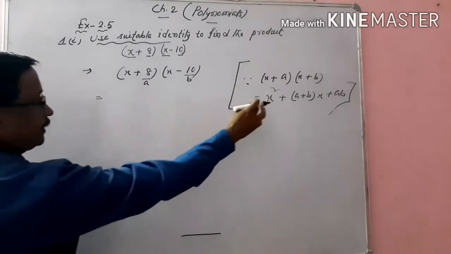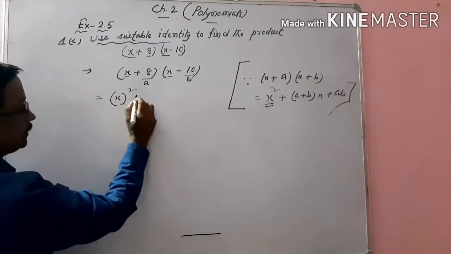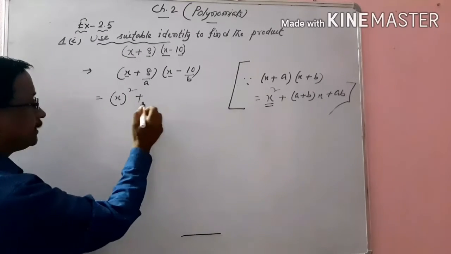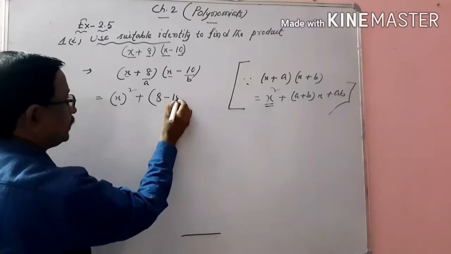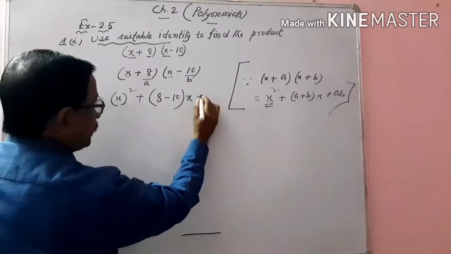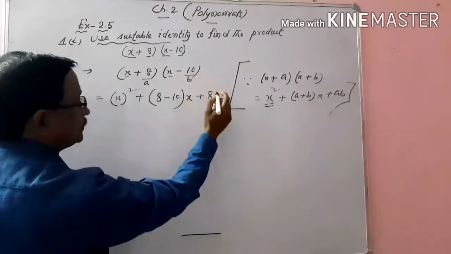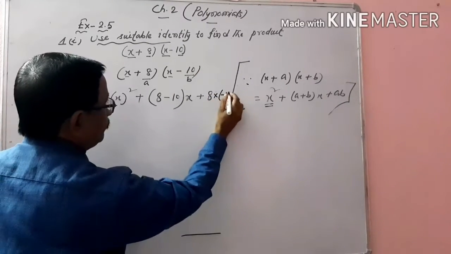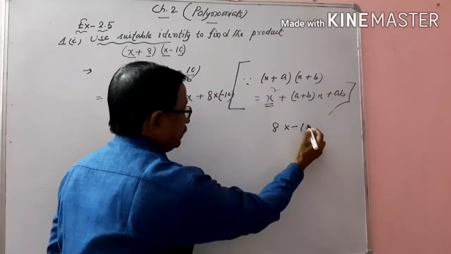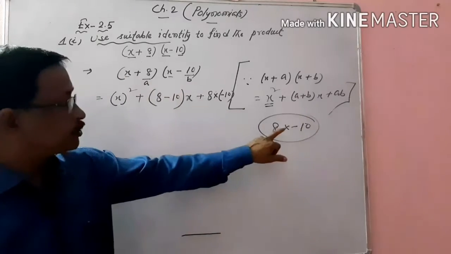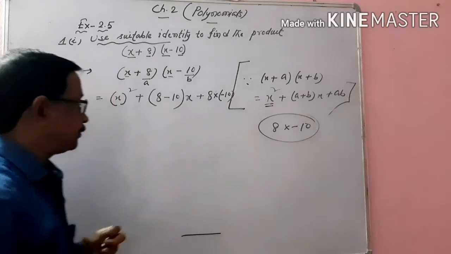By using the identity, first you write x square. Then plus, as plus is there in the identity, and A means plus 8 and B means minus 10. Accordingly you put it. And x is there, plus A into B. Now what do you write? A means 8, and once the minus sign is there, you must use a bracket: 8 into bracket minus 10. You never write 8 into minus 10 this way, because two symbols you cannot write together. So we must use the bracket sign, okay?